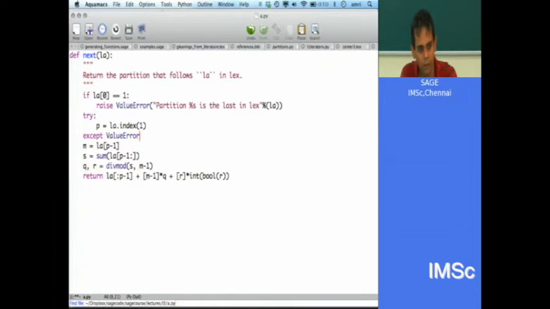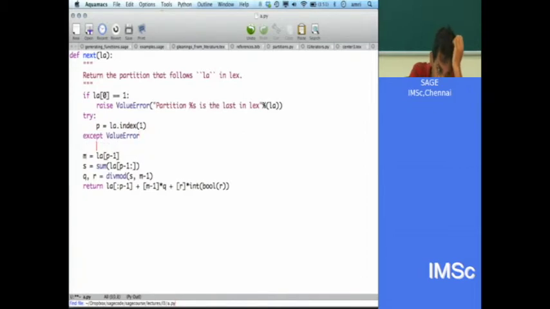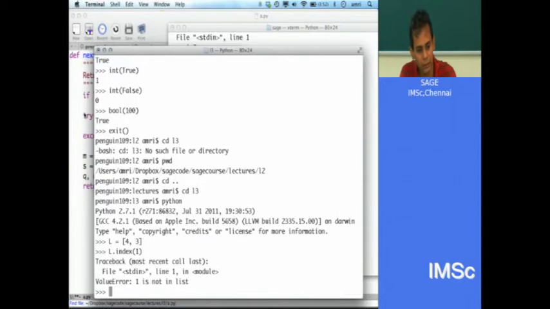Is it the entire length, I think? p should then be the length itself. Yeah, it should be the length, len(la). Because then there are no 1s, but we would still reduce that pth position by 1. Yeah, I think that would be okay, right? Okay, good. So now I can do execfile